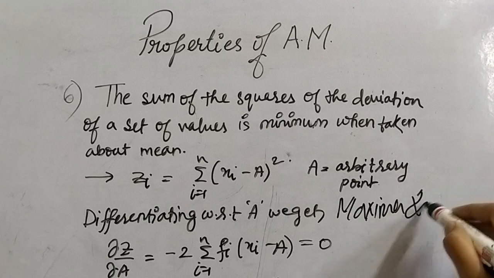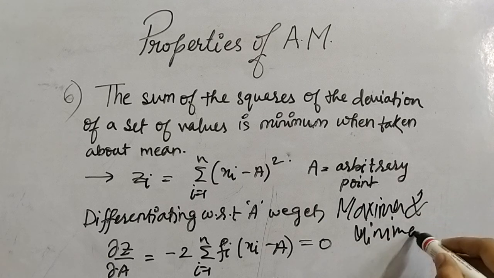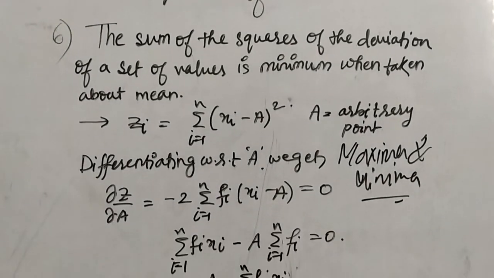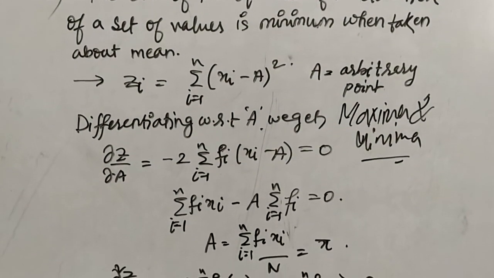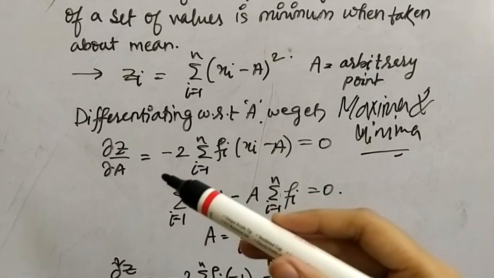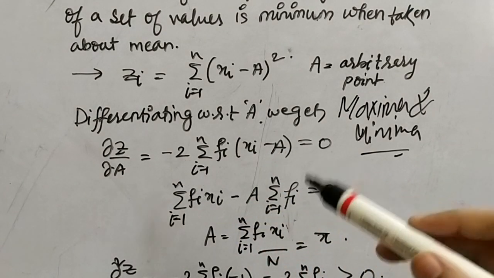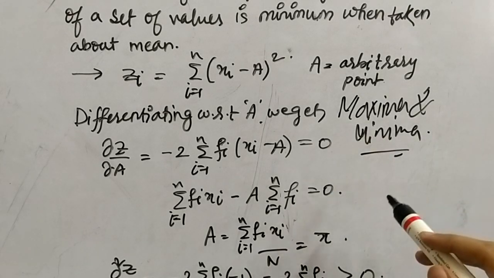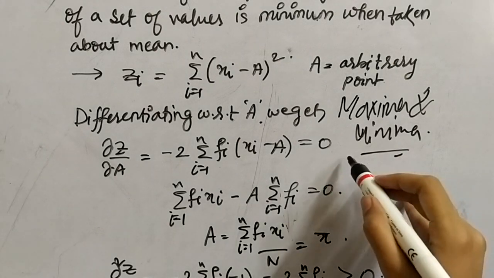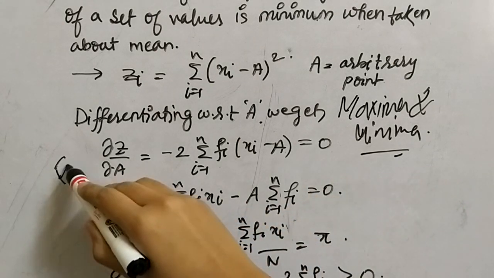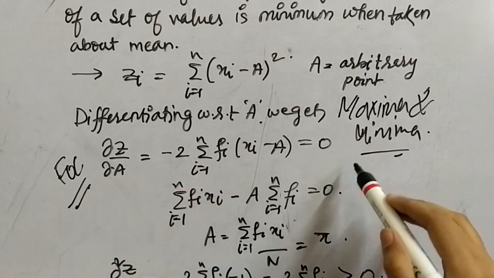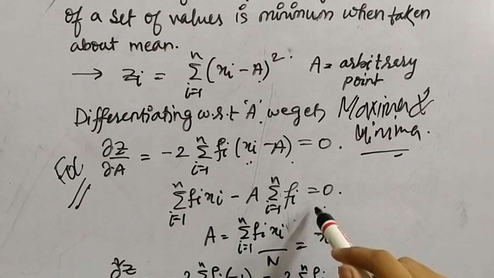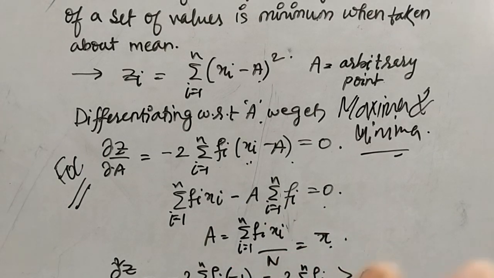In order to apply this formula, we have to differentiate it with respect to A, as you must have read in class 12. Differentiating this, we get this result. In maxima and minima, what do we do? We put the FOC to be 0. FOC is what? First order condition. First order condition is this, which is equal to 0. After differentiating it, we got the value A to be x bar, okay?